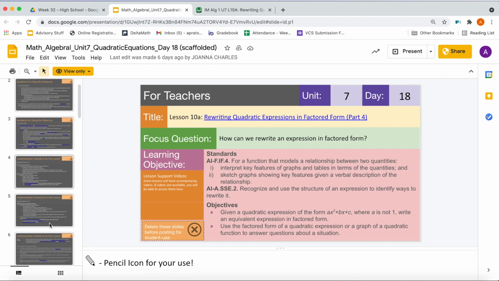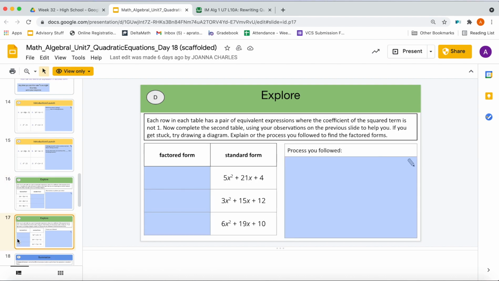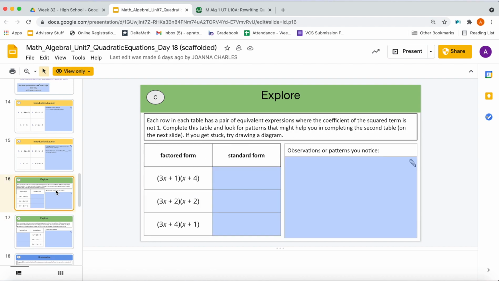for these expressions. So the first thing students will be asked to do for the Explore is take the factored form and rewrite it as standard form with these coefficients, with an A greater than 1. Students should be familiar with this, and this should be pretty straightforward for them to work through. But the key point is taking time to really solidify an understanding of the observations and patterns that students notice and giving them these key ideas so that when they go to the next slide, where they're asked to rewrite from standard form to factored form, they're able to start to think about how they can